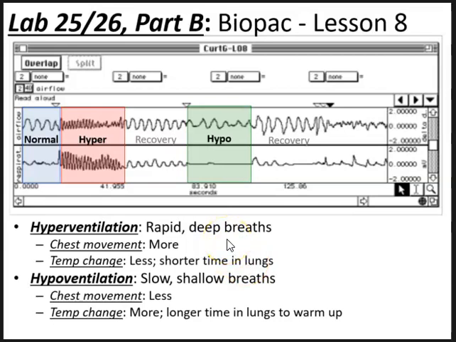Okay, so that's the introduction and explanation of the first part of the lab. The next discussion we'll talk about the respiratory tracings, which is a little bit complicated. But yeah, we'll have another lab video regarding